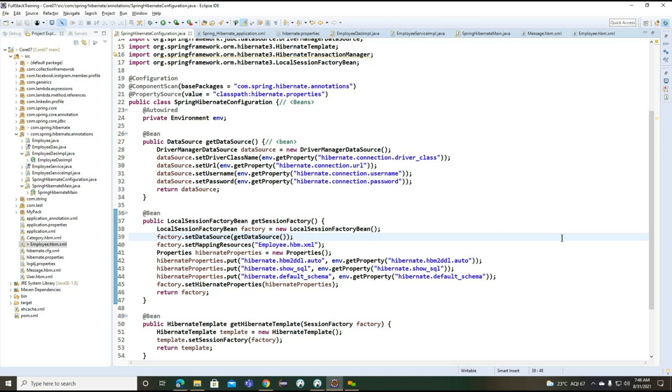Okay, if you don't have anything, we'll move to another concept called managing transactions here.